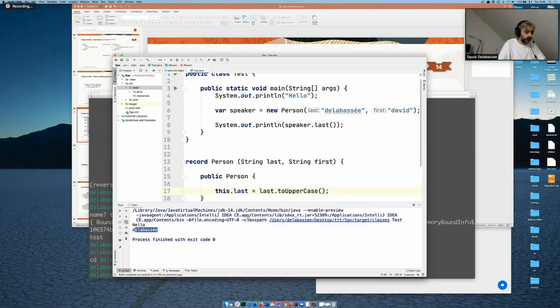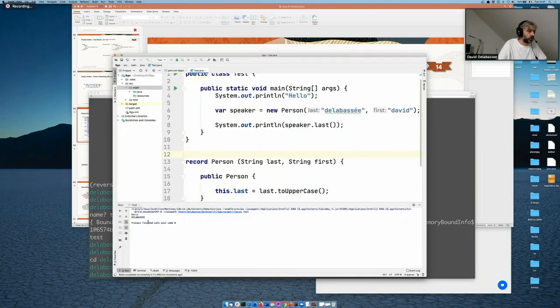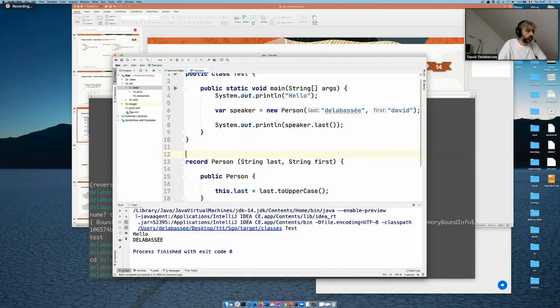So let's run that. So you see that Delabassee is now in uppercase.